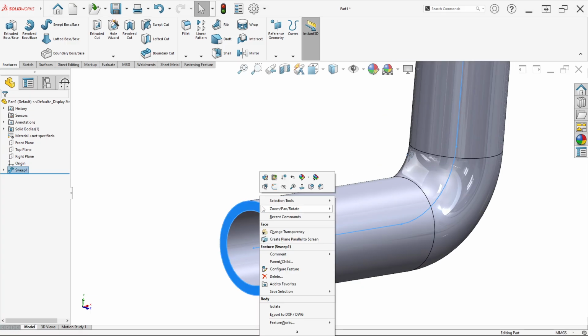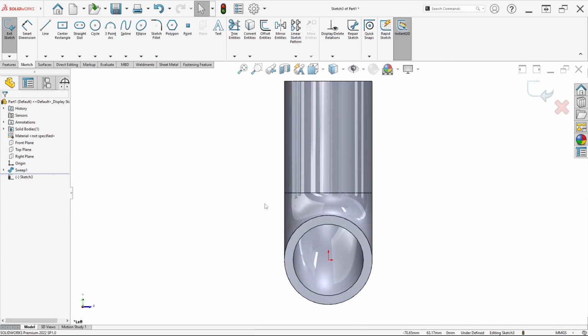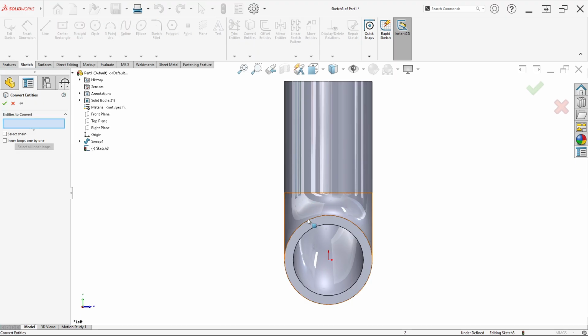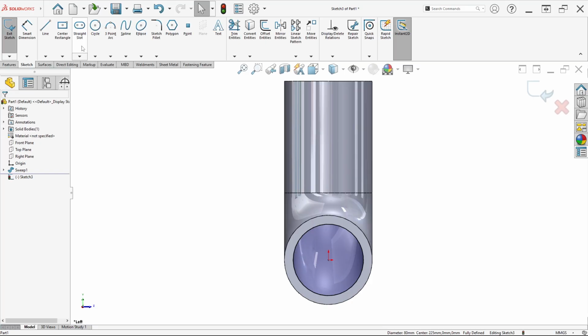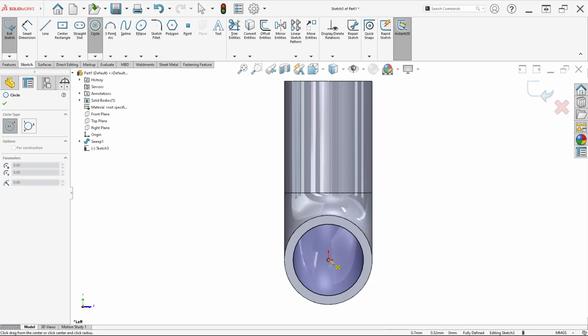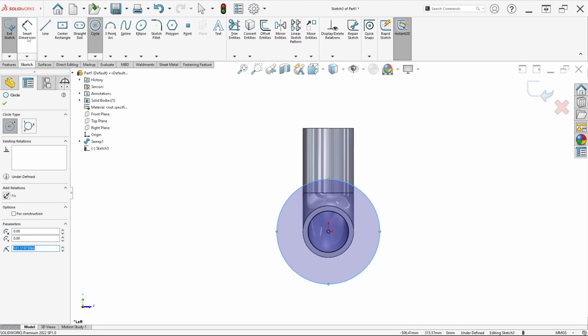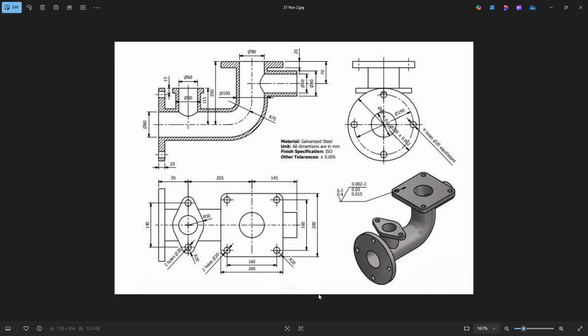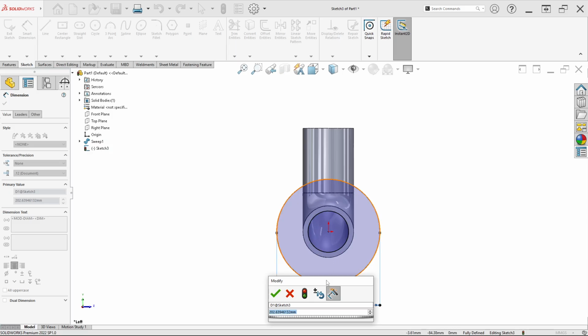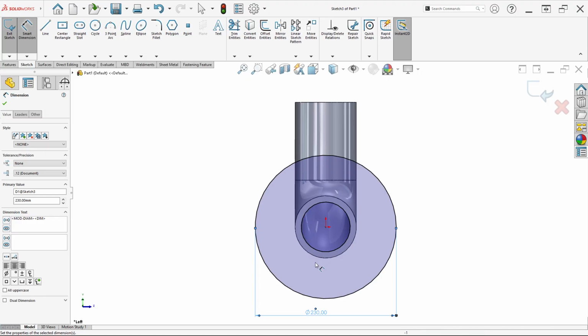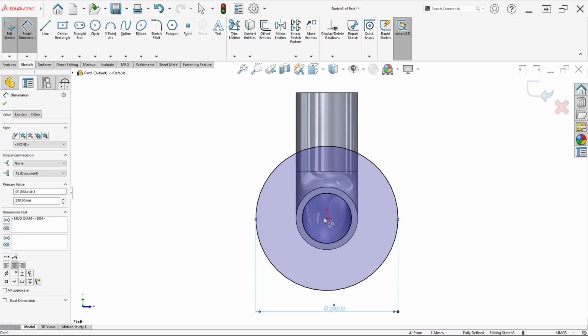Right click on this face and click sketch. Convert entities for this edge of the inner pipe, click OK, and select circle again. Draw and set the dimension of this circle to 230 millimeter.